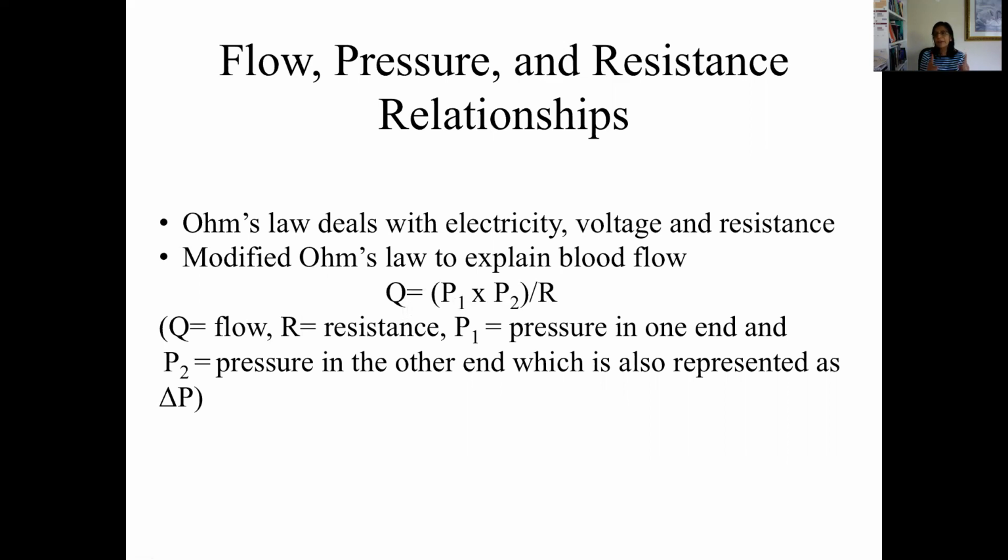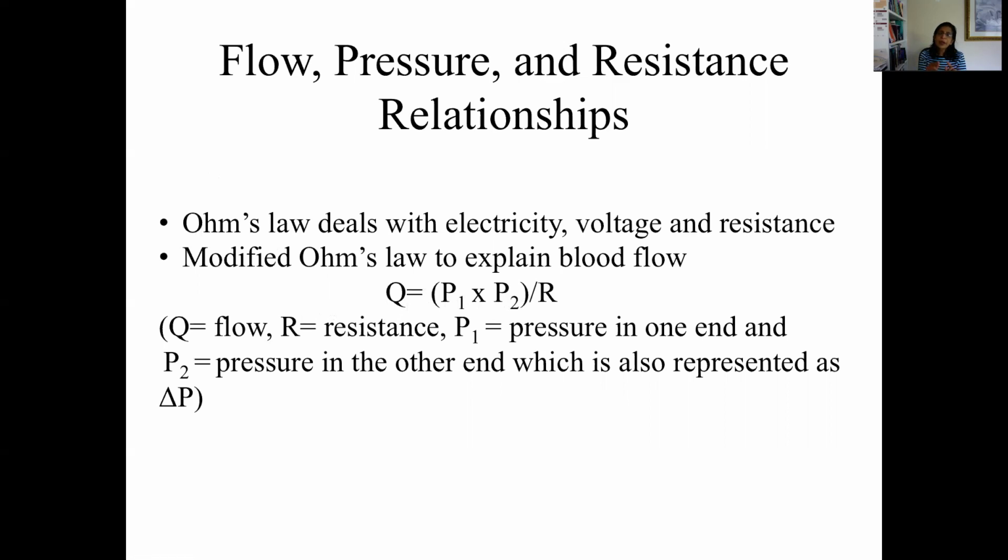So the difference in pressure between one part and another part. Usually, as you know, blood flows from higher pressure to lower pressure. So you're assuming that blood is going from higher to lower pressure. So this would be a higher pressure and this would be a lower pressure. These two numbers together would be called delta P. Okay, delta P. And blood flow is